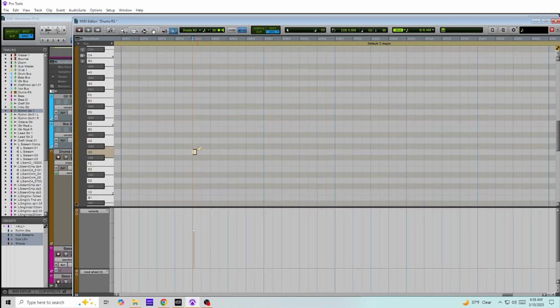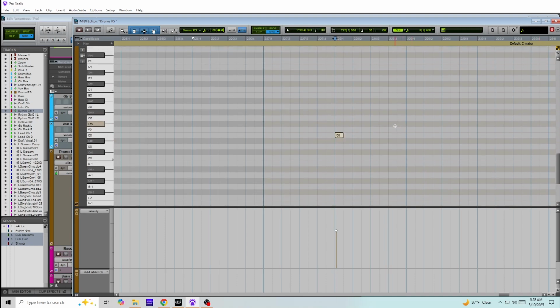Bring up my pencil. I'm just going to put in a note. Doesn't matter where it's at, because I can move it around. Let's go find the snare. I'm using the keypad. And I can push down, up. Okay, there's my toms. There's my flam hit. And there's my snare hit. We're going to find the